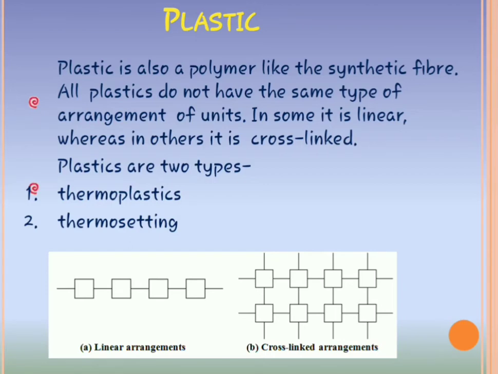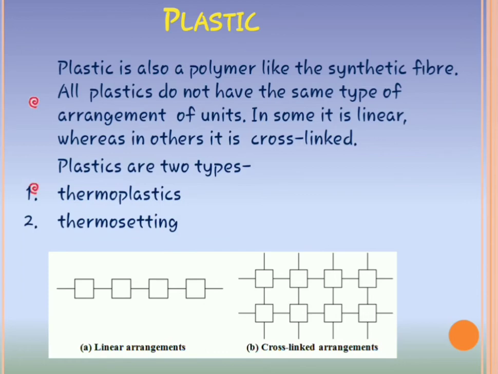But in plastic there are two types of arrangement. One is linear arrangement, and the second one is cross-linked arrangement, and you can see how cross-linked it is. Besides the linear arrangement, cross-linked arrangement plastics are very strong. That is why there are two types of plastic, linear plastic and cross-linked plastic. Because of these arrangements, linear plastics are very soft, means it can break very soon, and you can recycle it.